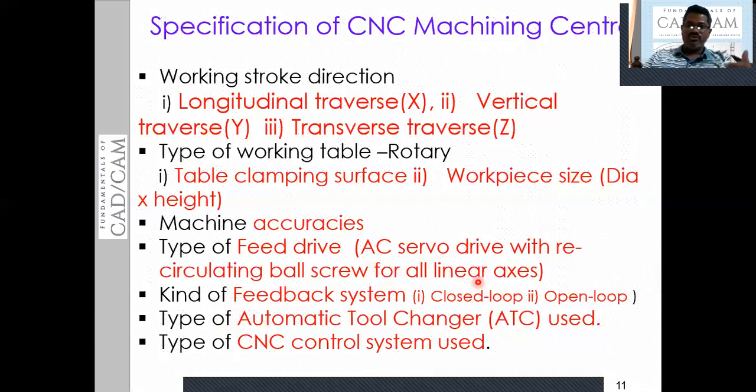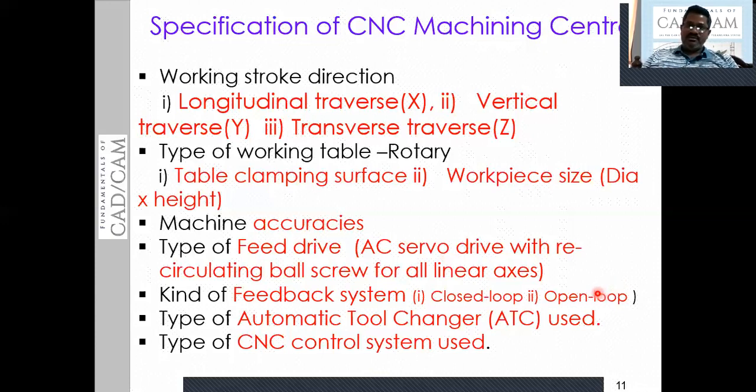In the case of closed loop, it takes the feedback signal, and according to the error, one more error signal will be generated to correct the movements or the positions of the spindle as well as the table. Of course, it also corrects the motion or the speed of the spindle. Not only the linear displacement, it also considers the speed of the spindle and the speed of the workpiece. All that matters.